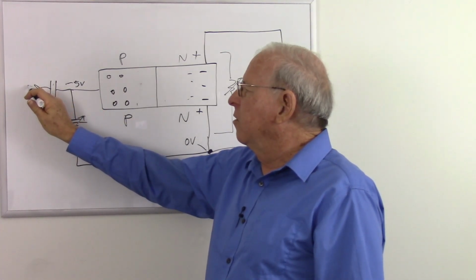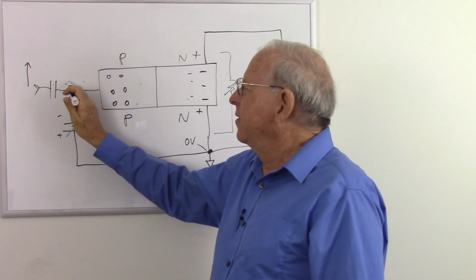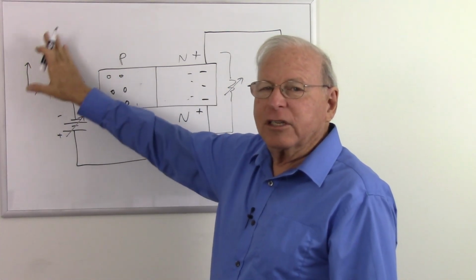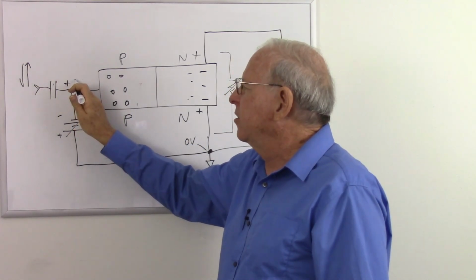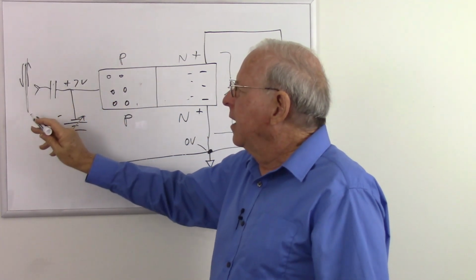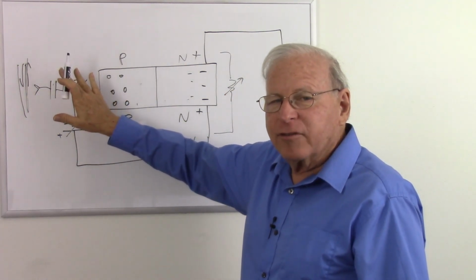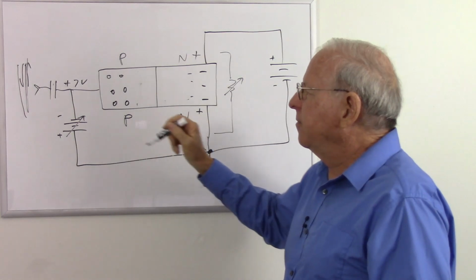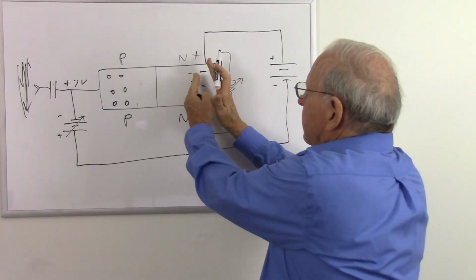And so if this voltage goes up, what's going to happen? That's going to become, well, maybe negative 3 volts. It becomes less negative as I push that voltage up more positive. As that voltage comes down, it's going to go up higher. So it might go up to plus 7 volts. So as this voltage goes up and down, it's going to take that voltage up and down. And as this goes more positive, this becomes a more positive, less negative voltage. The depletion region gets smaller, I get more conduction. And as this voltage goes down, I get less positive or more negative, and the depletion region gets bigger and